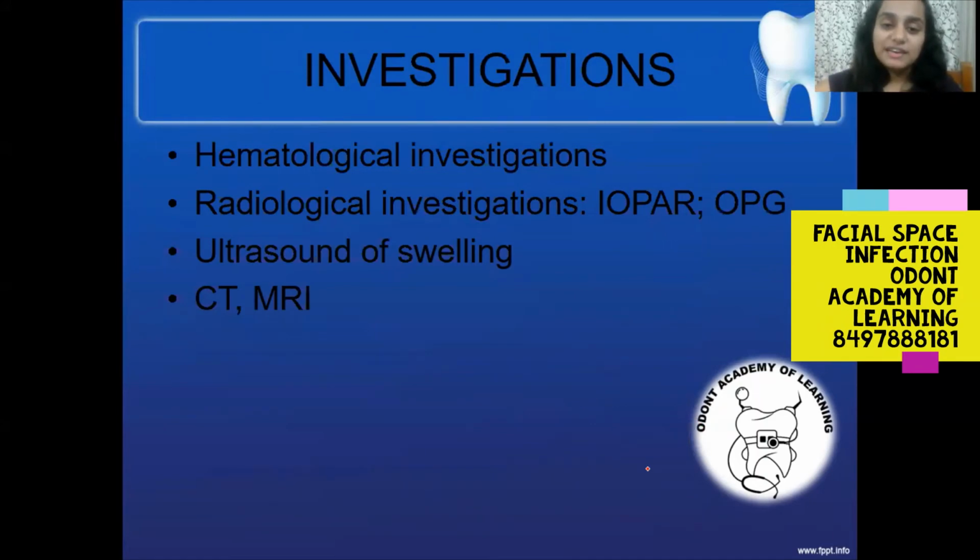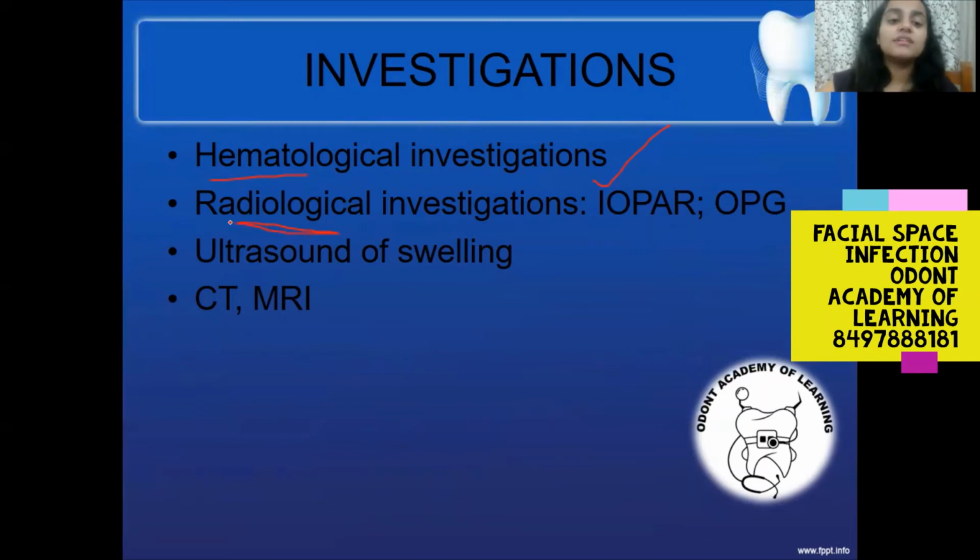Now that we have all the clinical manifestations and the etiology, and clinically also we have described the swelling, what is the next step? Obviously, the investigation before we come to the final diagnosis. So first investigation is hematological investigation. I'm sure all of you are aware of complete blood count, okay? And before doing any surgical procedure, we always advise for bleeding time, clotting time, okay? So all of these are to be kept under check. The RBC count, WBC count, all of these come under hematological investigation.